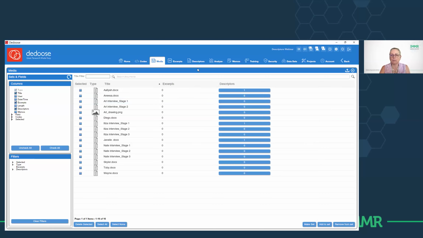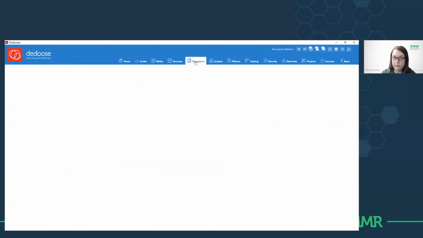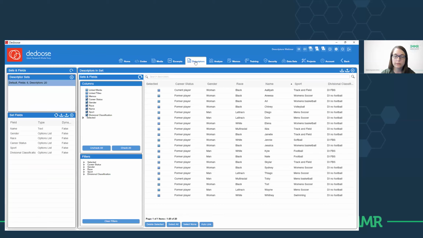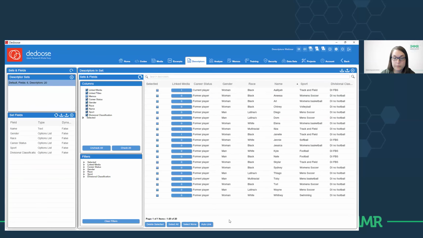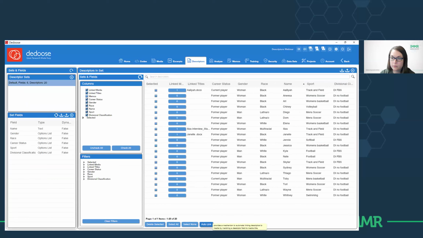It's an important point to remember that there's always different ways of doing the same thing in Dedoose. So it's often good just to have a bit of an explore and see how things work. It also depends on how much data you have in the system. So if you have 50 interview participants, then I would start looking into this auto link feature. Heck, even if you have 10 and you don't want to sit here and click multiple times, know that you do have this auto link feature available to you.